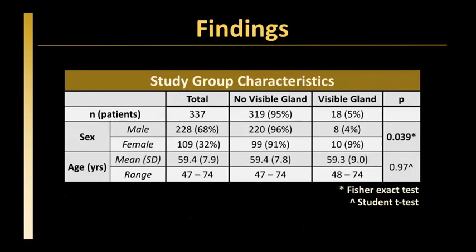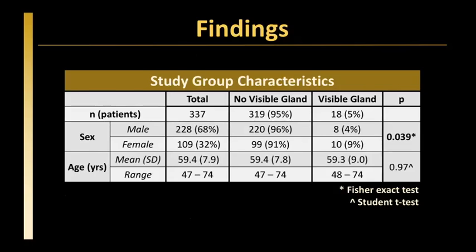This Table 1 type figure summarizes the characteristics of the study cohort. Note that there were more than twice as many males as females in the overall cohort of trauma patients, but parathyroid glands were more likely to be visible in females than males. This observed difference was statistically significant and would be in keeping with the substantially higher prevalence of primary hyperparathyroidism among